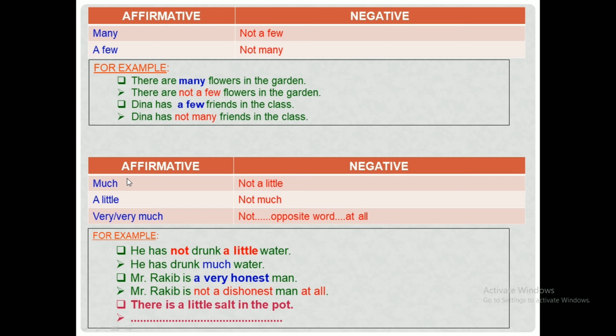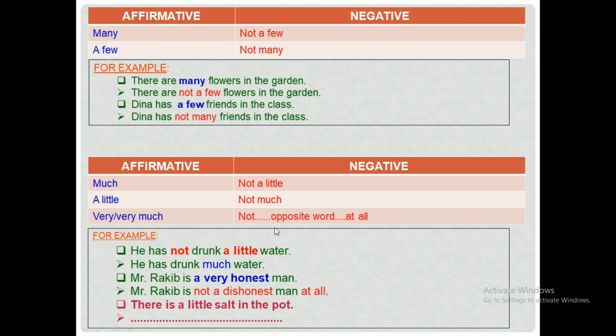The next rule, much. Where many is used for countable things, much is used for uncountable things. Much will be converted into not a little, and a little will be converted into not much. In regard of very and very much, যখন very অথবা very much খুব অর্থ বোঝায় তখন আমরা তৃতীয় রুলটি ফলো করব। এখানে ভেরি এর পরিবর্তে আমরা নট এবং তারপর একটি অপোজিট ওয়ার্ড এবং বাক্যের শেষ দিকে আমরা অ্যাট অল প্রেসটি যোগ করব।